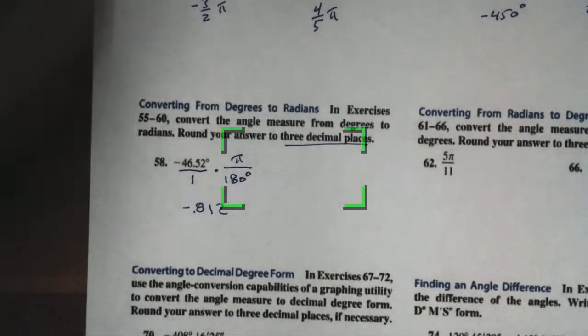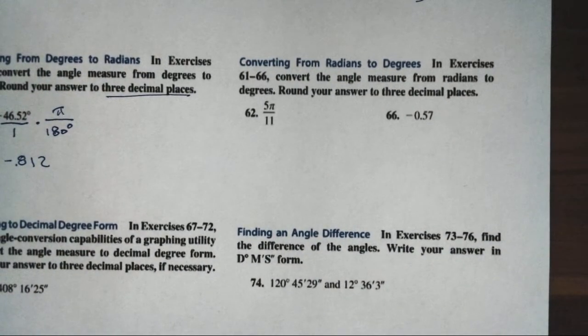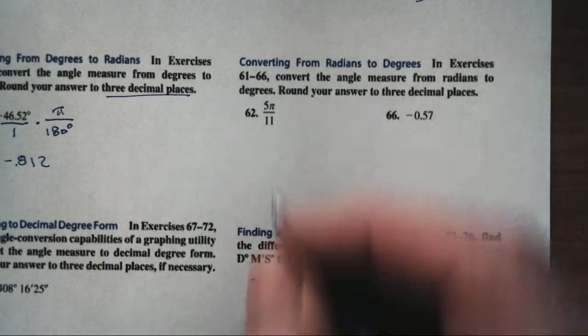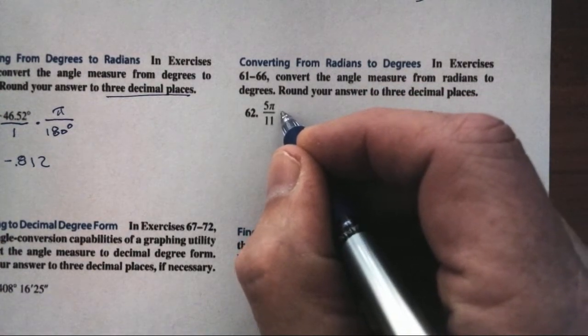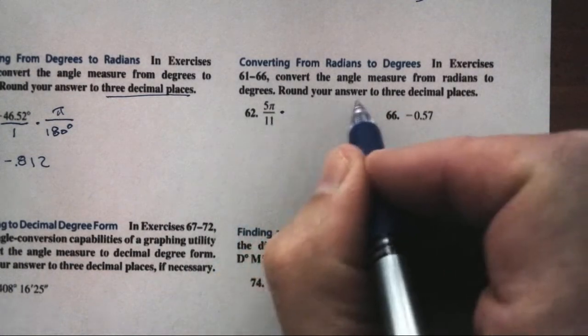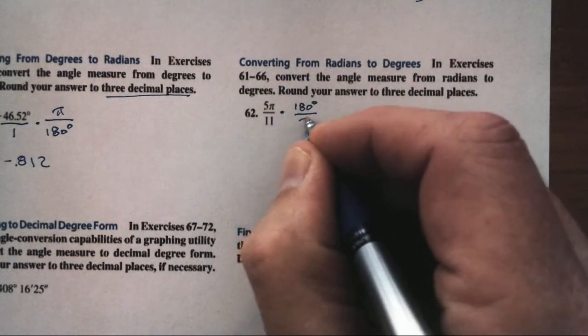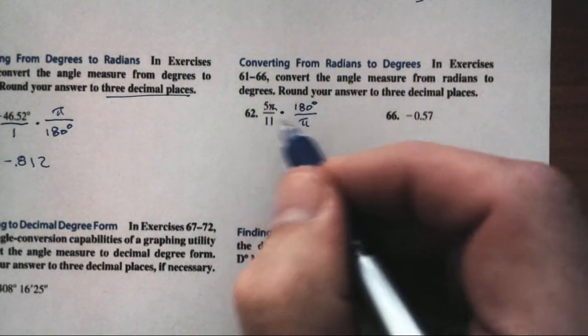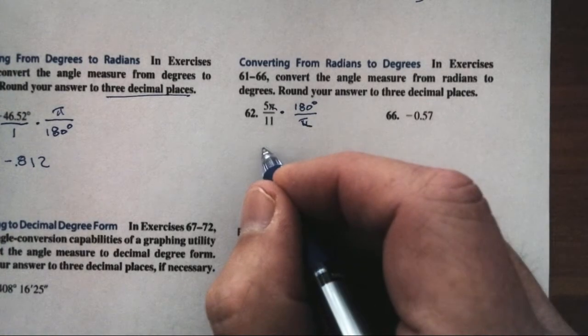And lots of little pauses here as I go back and forth. Okay, convert the angle measure from radians to degrees. Round your answer to 3 decimal places. So I'm going to just tell you I'm going to be doing this on calculator, but we need to convert to degrees. Therefore, I want degrees to be introduced, but I want to cancel radians. These cancel, and I end up with, I'm just going to do this off to the side, 5 times 180 divided by 11. Straight calculator here, and I get